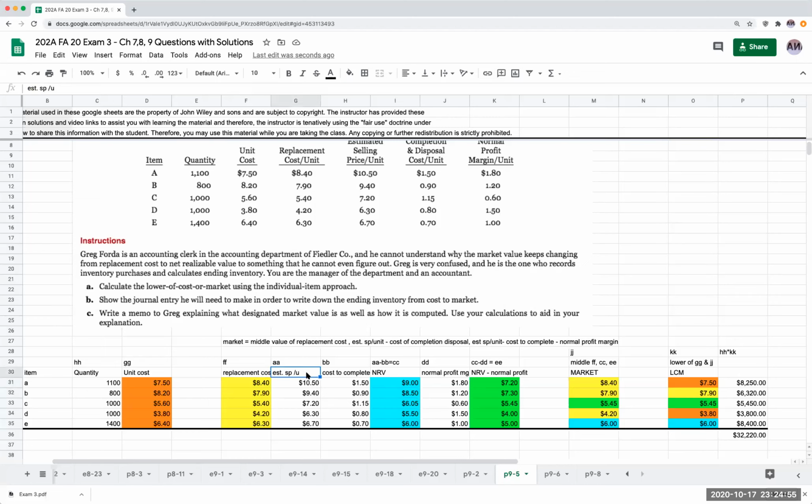It is the estimated selling price per unit less the cost to complete. So that's what we went through and did. So the lower of cost or market using the individual item approach is